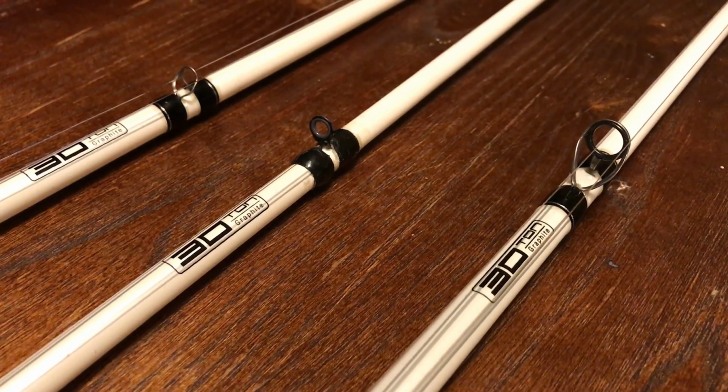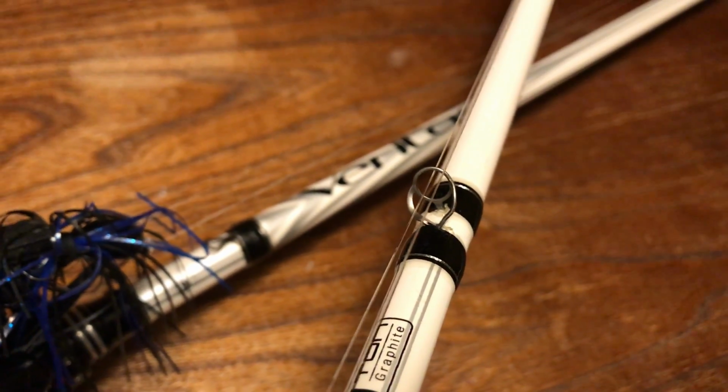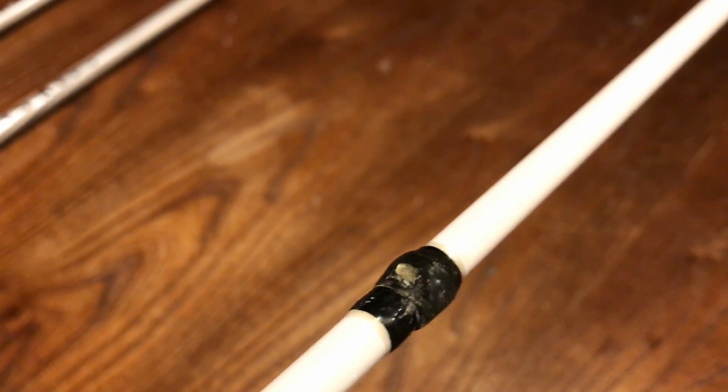So the number one biggest negative that I've got are the guides. The guides and the ceramics in those guides are simply crap. From day one, literally less than a week, I had guides breaking. I had them cracking and fraying my line. I have literally had to replace, and I spent, I don't know how much at Mudhole, because I'm going to keep my